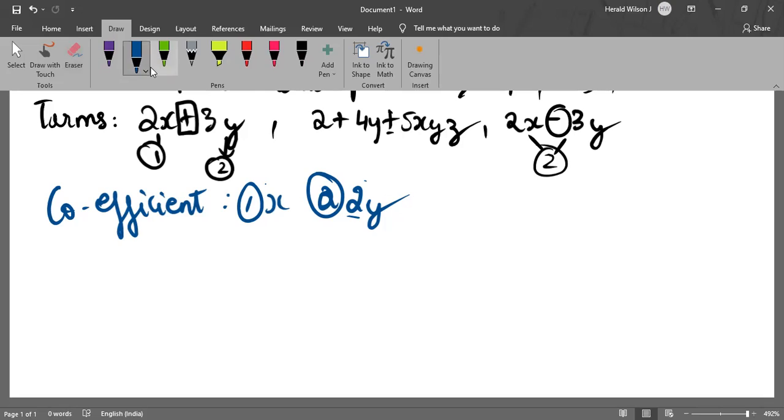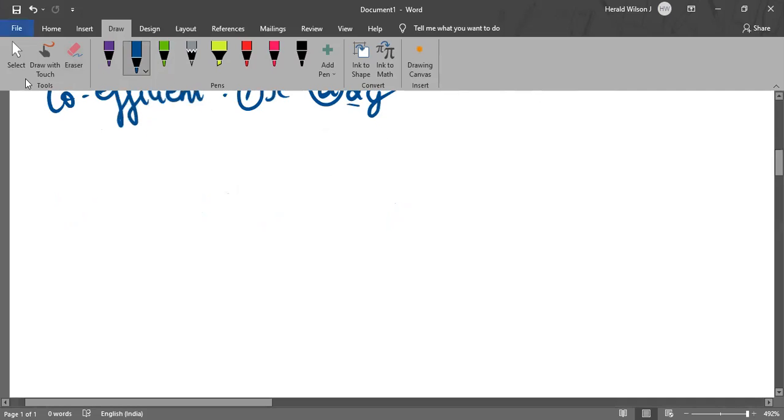Let's move on. All of these are basic concepts, which you learned last year, in eighth standard, and also in seventh. These are all the basics which are used across algebra and algebraic expressions as well. Now only I'm stepping inside our main concept. What is the main concept? What are polynomials?